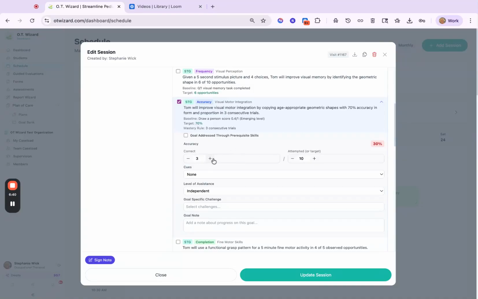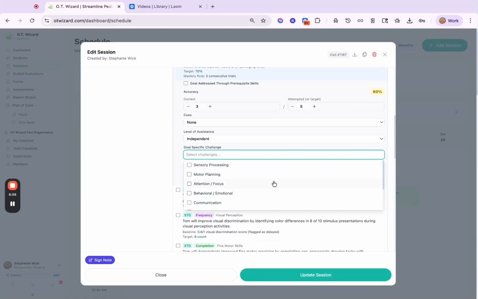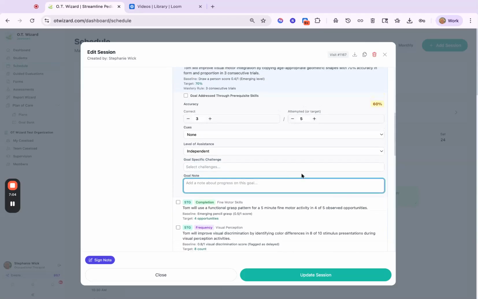we did 5 different geometric shapes, and he got 3 of those correct. So it's automatically going to show me that that's 60%. I can also go in and I can say if any cues or assistance was needed. I can click in if he's had any goal specific challenges for this one. And I can also write anything specifically about